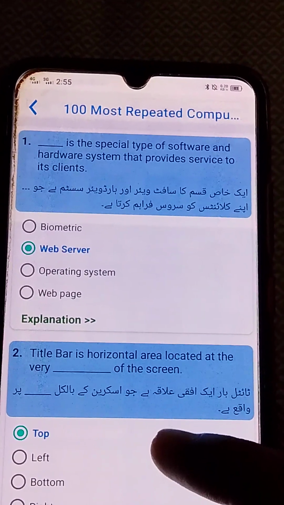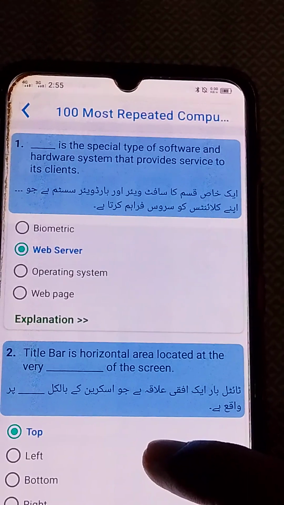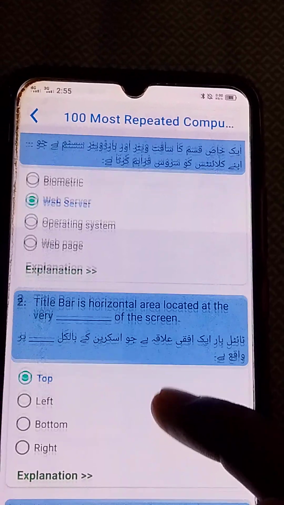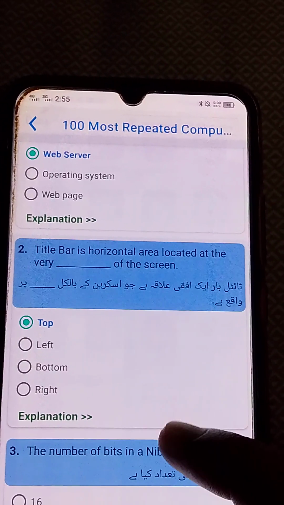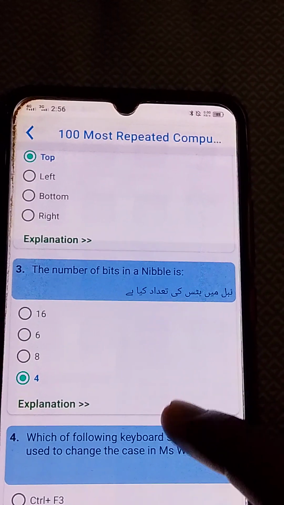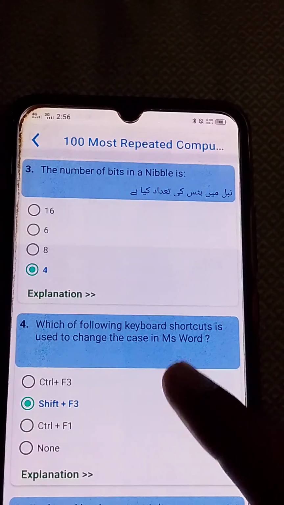A web server is the special type of software and hardware system that provides service to its clients. The title bar is the horizontal area located at the very top of the screen. The number of bits in a nibble is 4.